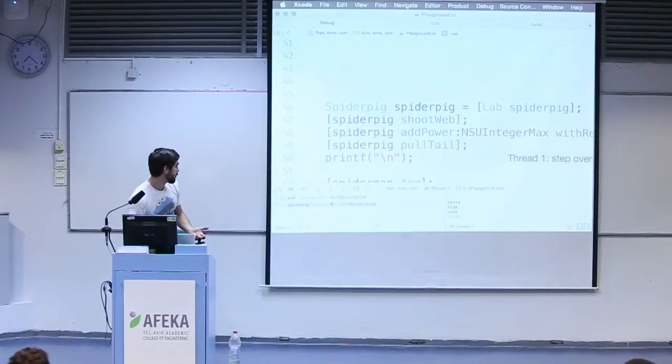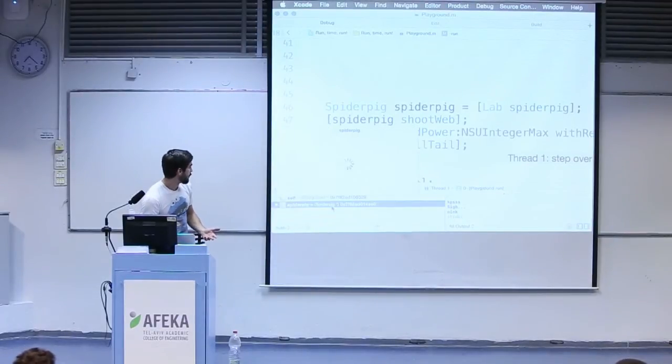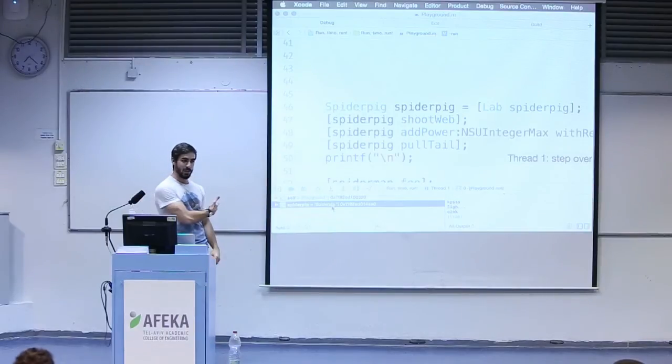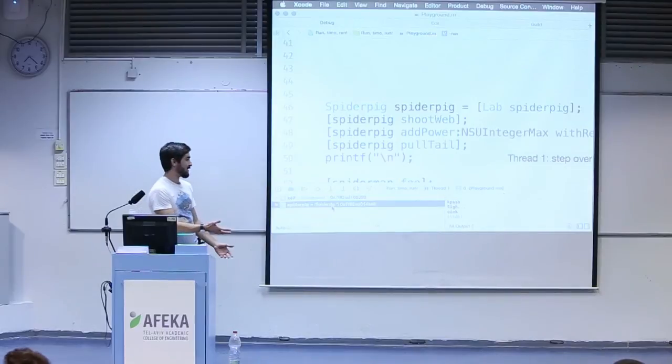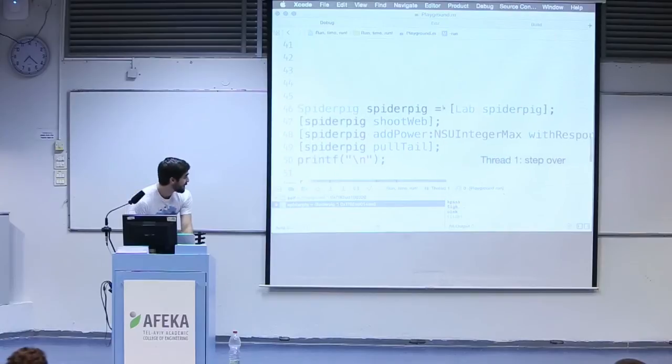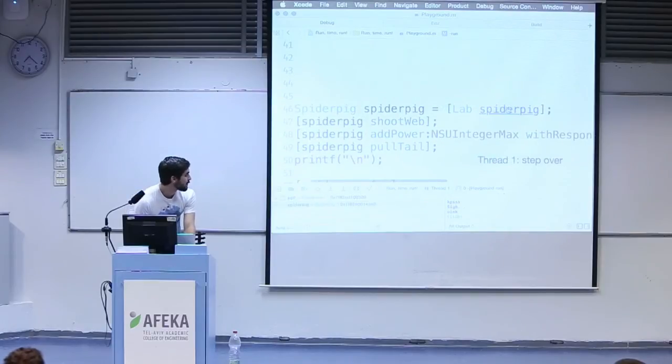By the way, to prove that it's SpiderPig, we can do that. Really, Quick Look in the debugger is the best thing. You can have so much fun. Okay, so how is it done? I'm not going to go through the question of why I did it because it's kind of meaningless. But basically, how is it done? Okay, so let's look at the